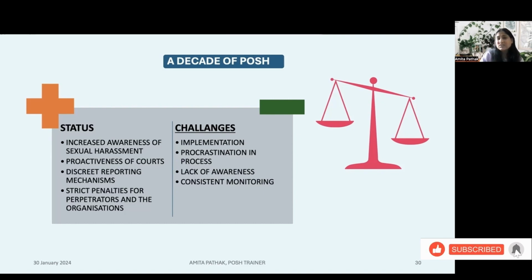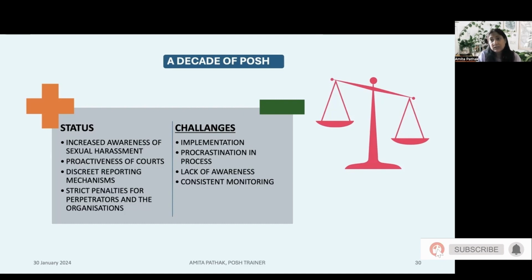There is a challenge of consistent monitoring. Still, there is a challenge. There is no mechanism to know how many organizations are POSH compliant, but the government is working hard on this towards implementation. And this is the best thing. The government is working on this along with the support of